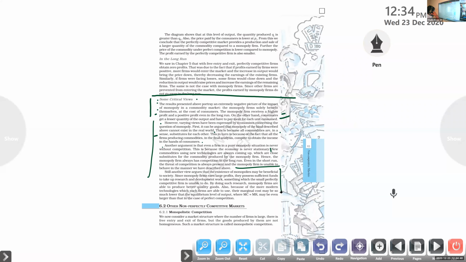So they can use that money for something which a small, perfectly competitive firm is unable to do. By doing such research, monopoly firms are able to produce better quality goods. All the firms are selling a huge quantity of the product in the market, and they will always try to improve the quality of their product by doing research.